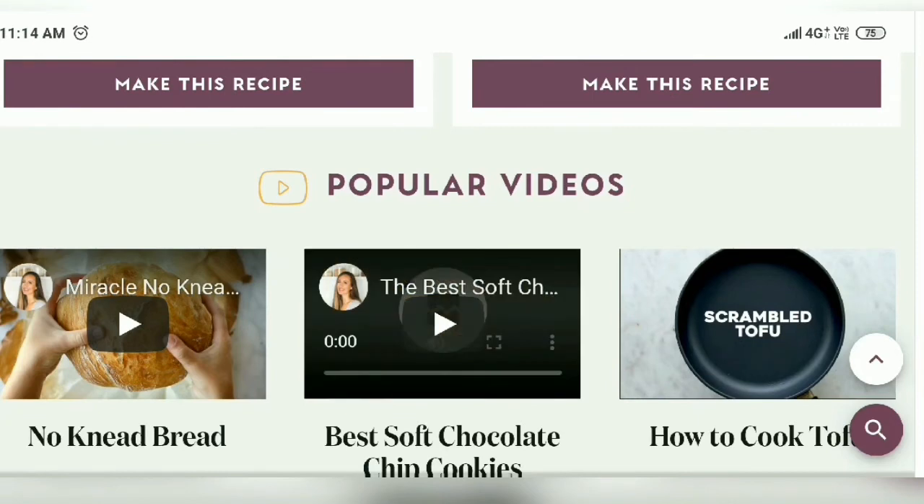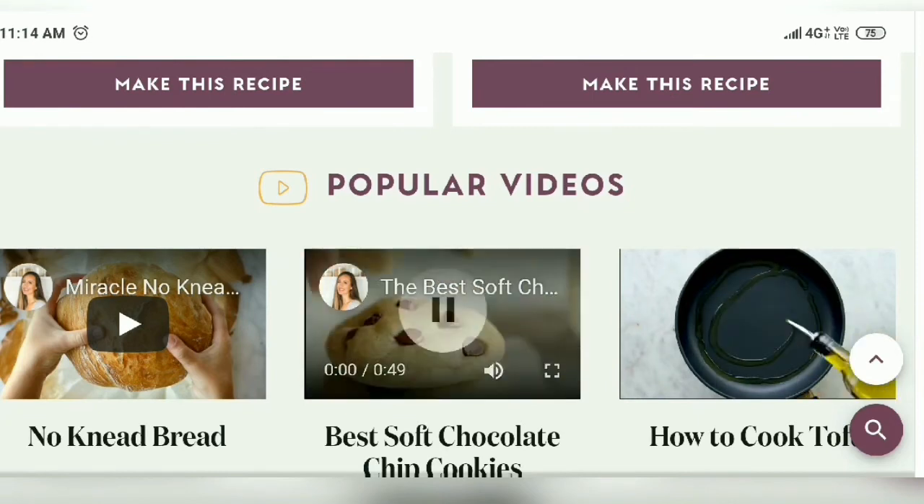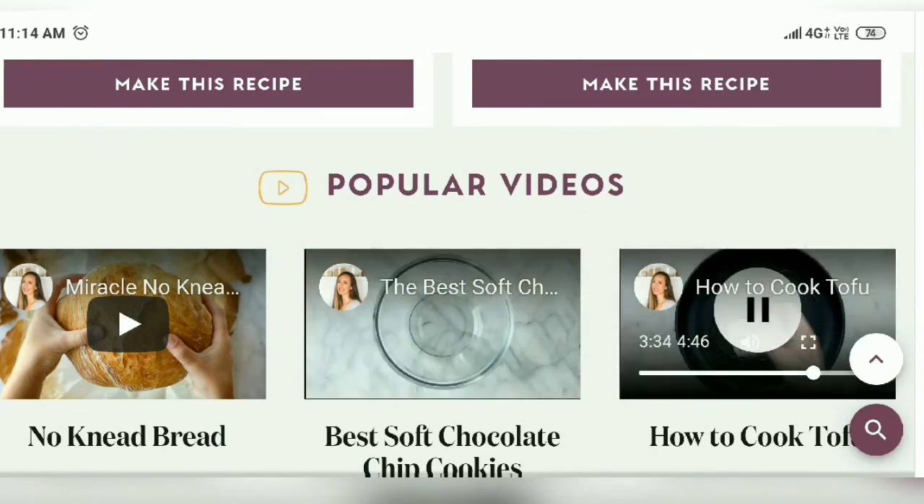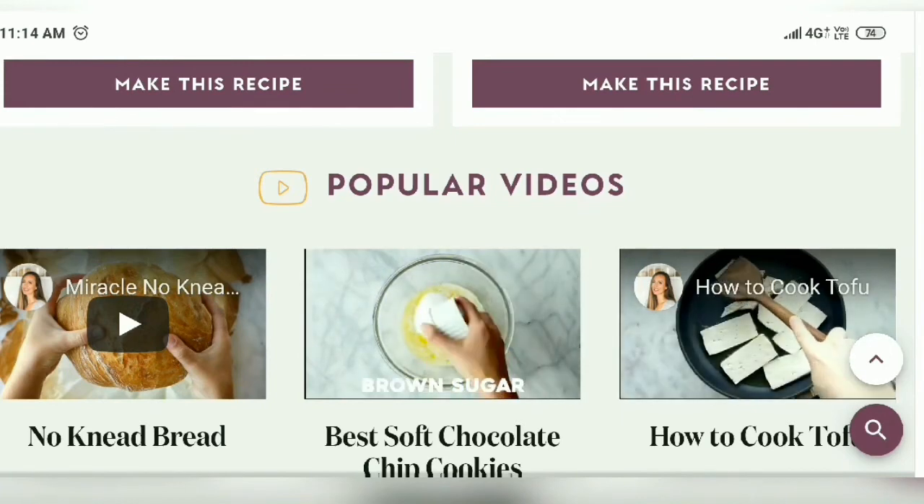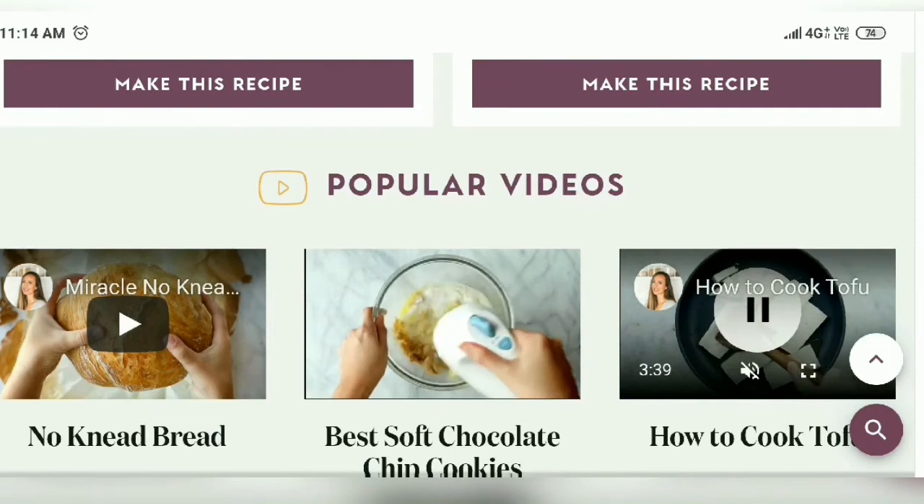Now for scrambled tofu. Add a small amount of oil to a nonstick skillet and heat over medium-high heat. Place several slices of tofu in your skillet and use a wooden